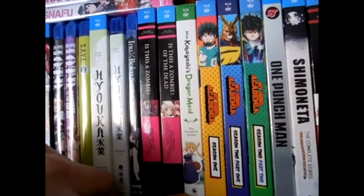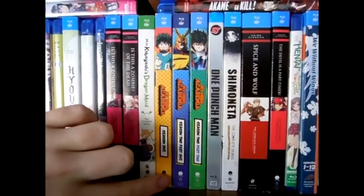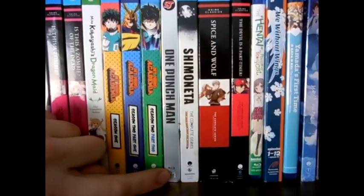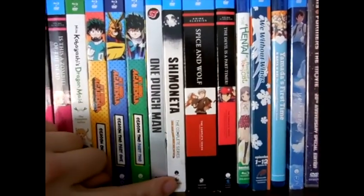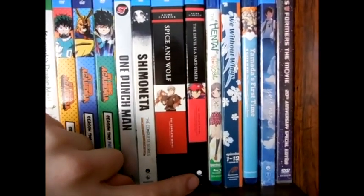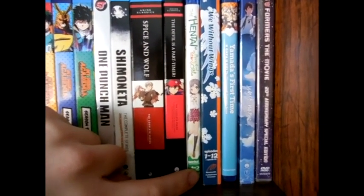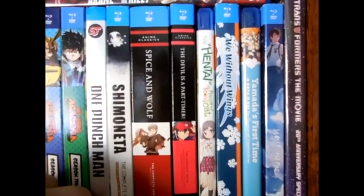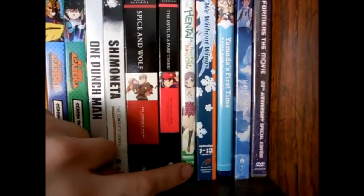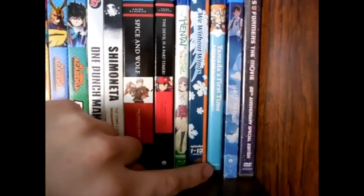Here you have Miss Kobayashi's Dragon Maid, the My Hero Academia collection I have right now, Season 1, and Parts 1 and 2 of Season 2. One Punch Man on Blu-ray, Shimoneta, Spice and Wolf, The Devil Is a Part-Timer, The Hentai Prince and the Stony Cat, with quote-unquote hentai in quotes. This is not a hentai. Hentai is the word for pervert in Japanese. It's rated TV-14, by the way. We Without Wings,